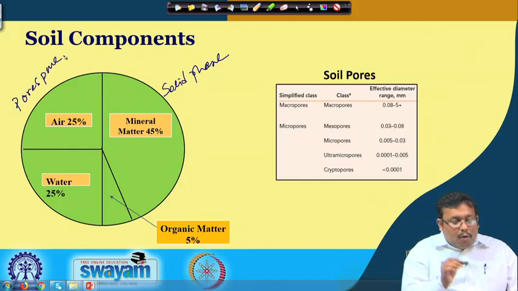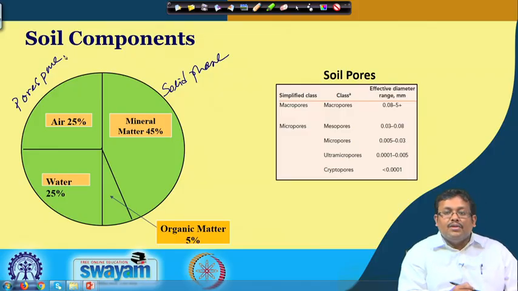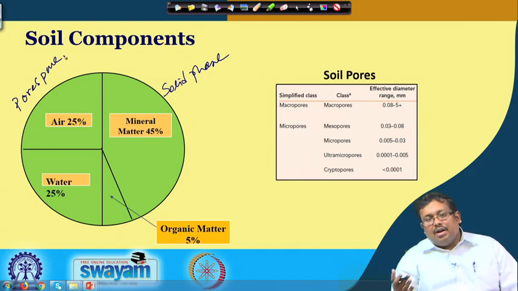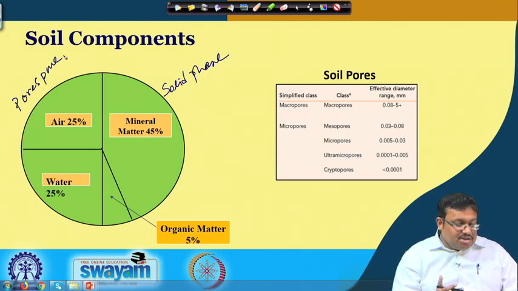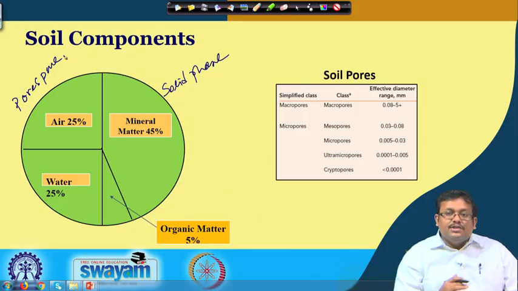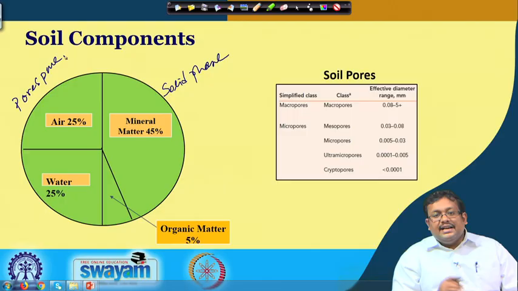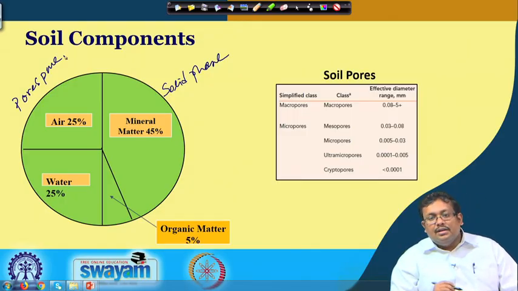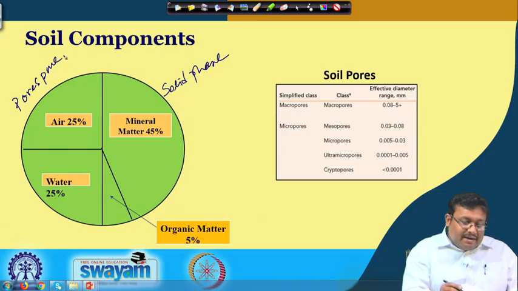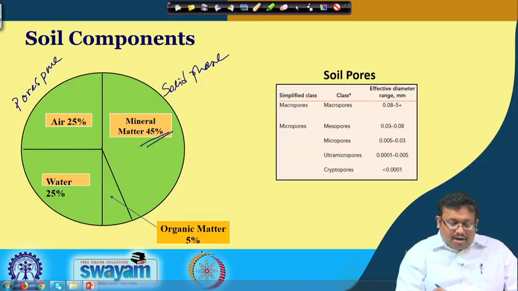Now, this pore space is shared by air and water. So, in a biologically healthy soil, there is approximately 25% of air and 25% of water residing in this pore space. And the solid phase is basically composed of mineral matter as well as organic fractions. Mineral matter is basically 45%, whereas organic matter